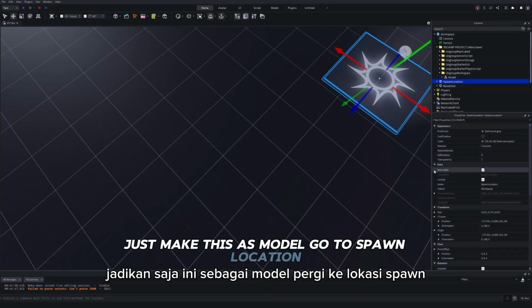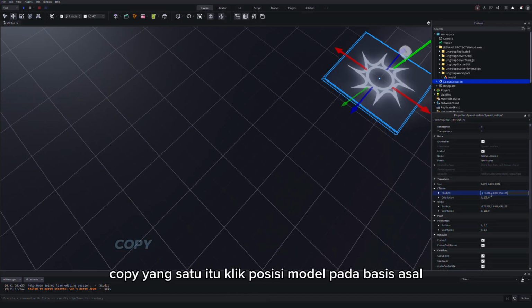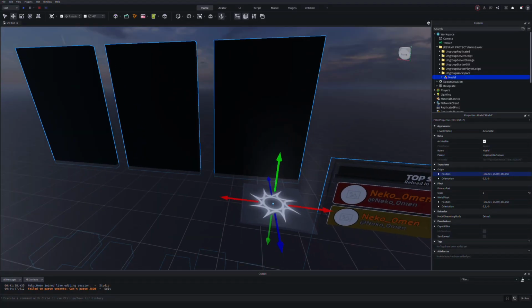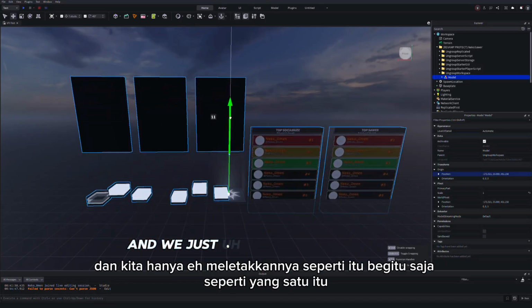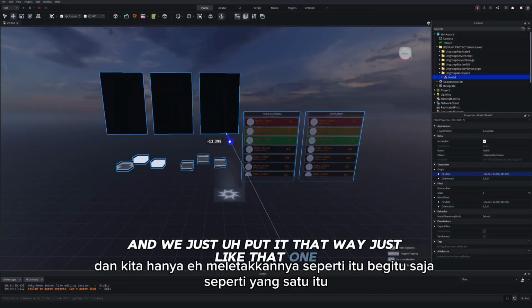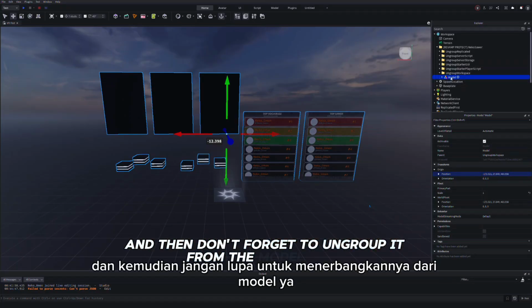Go to spawn location, look for the CFrame position, copy that one, click the model, position on origin, paste, and there we are, right here. We just put it that way, just like that one,